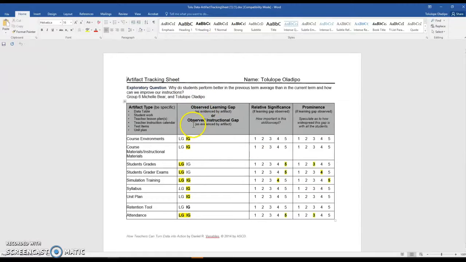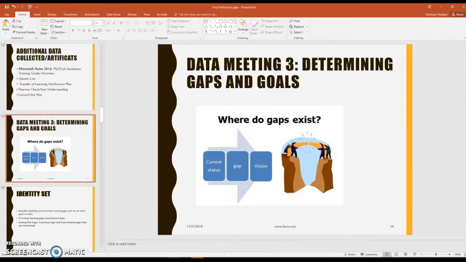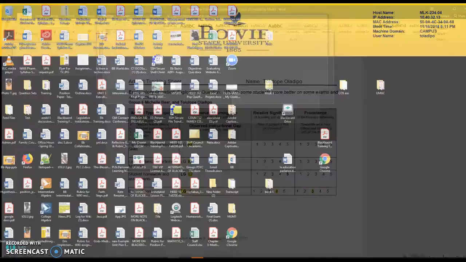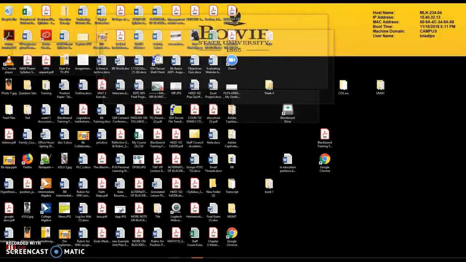We came up with some observed gaps, the instructional gaps and the learning gaps, and on this we identified the significance of each of them. These were based on the data we presented. We identified those gaps from the data we presented. And then another important artifact we reviewed: we set the goals, but before we set our goal, we went forward